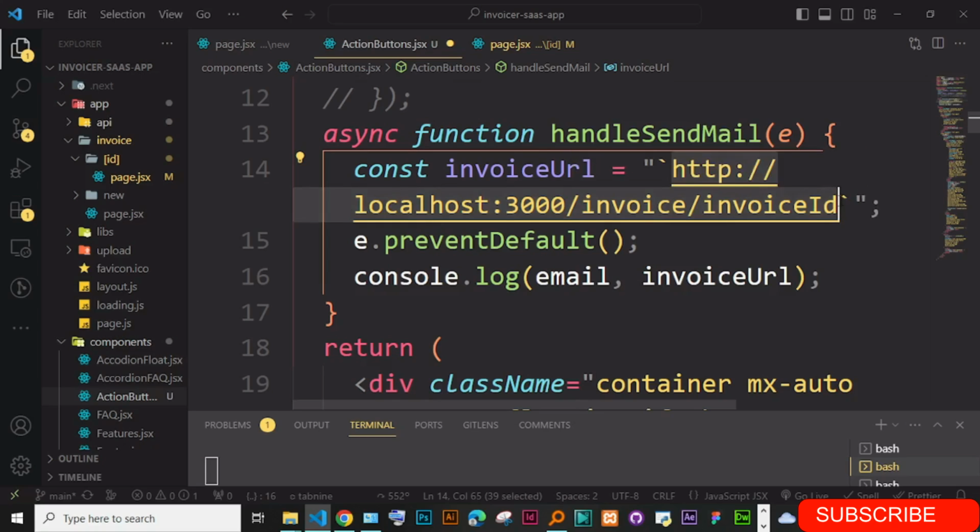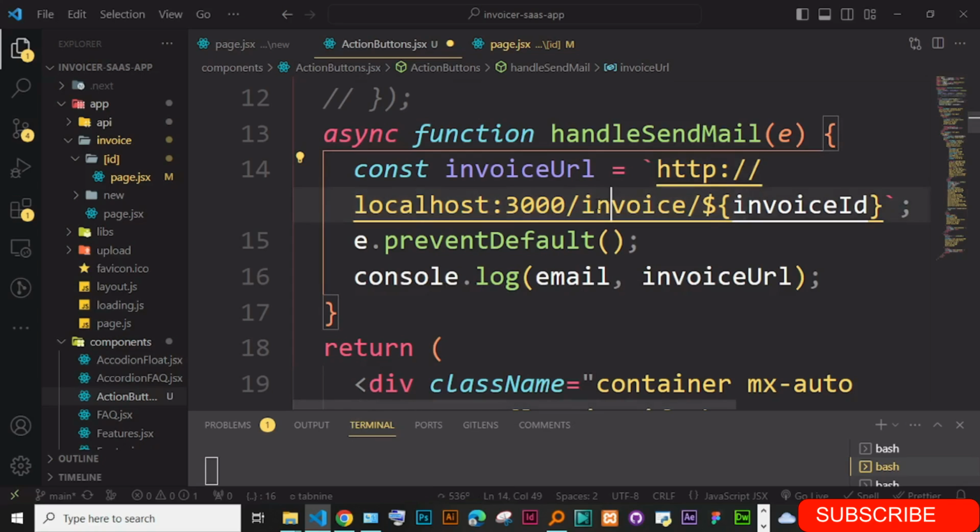Change those ones into backticks and put this one as dollar brackets, just like this. And let's remove these, let's remove that, and let's remove this. Okay, so this is now the invoice